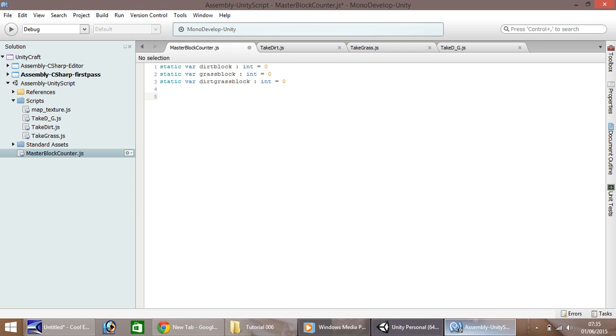So if we go down here, what I'm going to do is display on screen how many blocks we've taken of each. Although that probably won't be what our final script will be. We'll have it there for now, so we have a visualization of what we've done. So we need a function